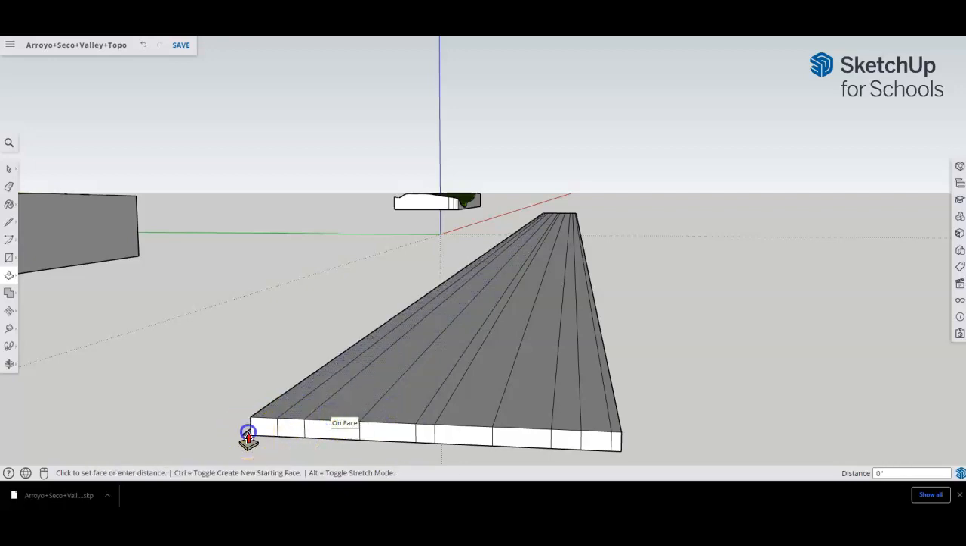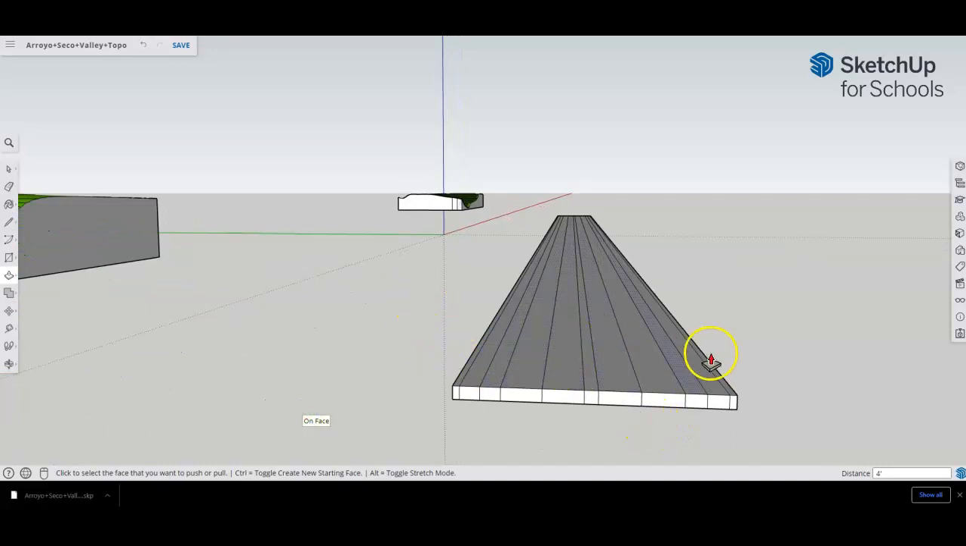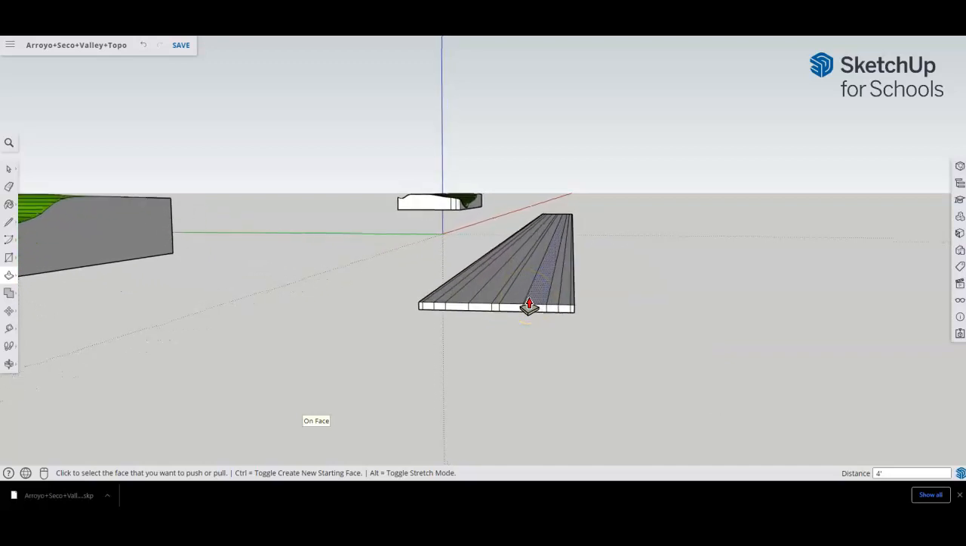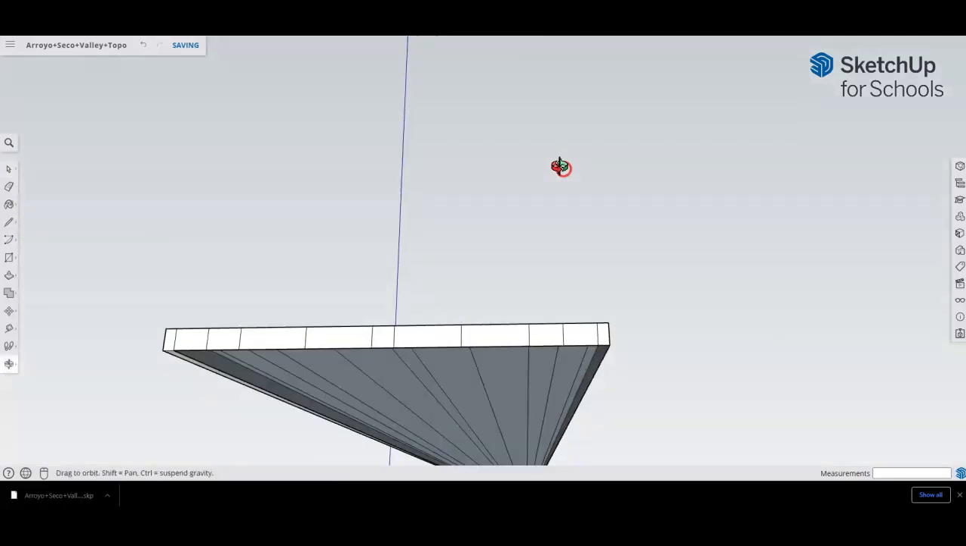And there you have it. We've created a bridge deck. All said and done, and that's it for this video. I'll go ahead and create more videos on how to